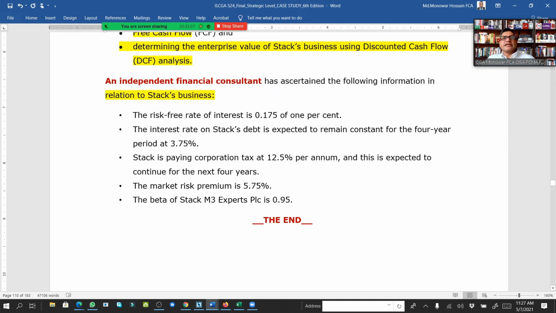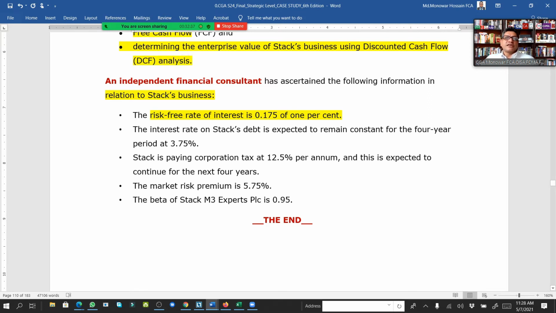And previously, the appointed consultant said that the information was taken from that report also. So here, the risk-free rate of interest is 0.175 for 1% of 1%, and the interest rate of the debt is expected to remain constant for the